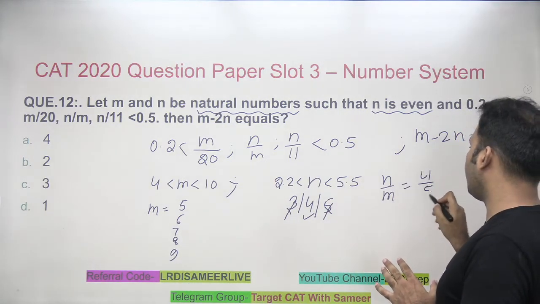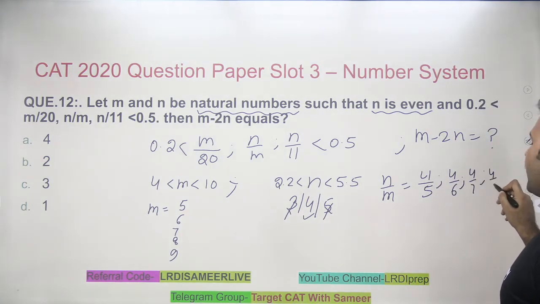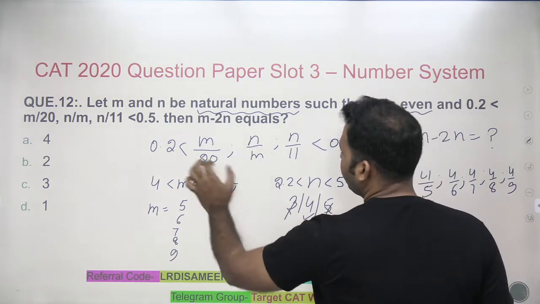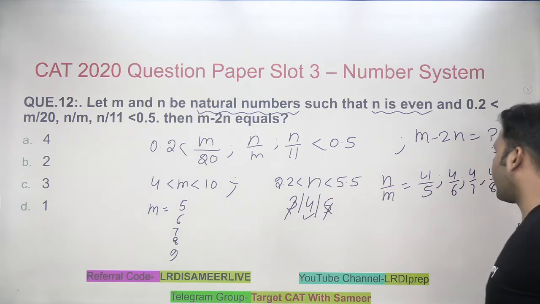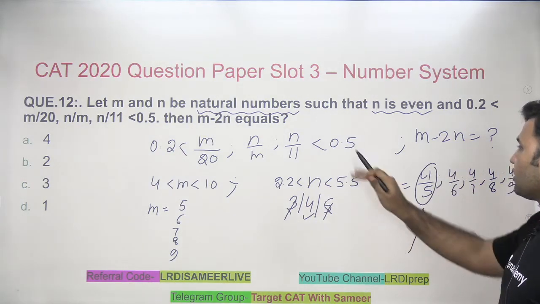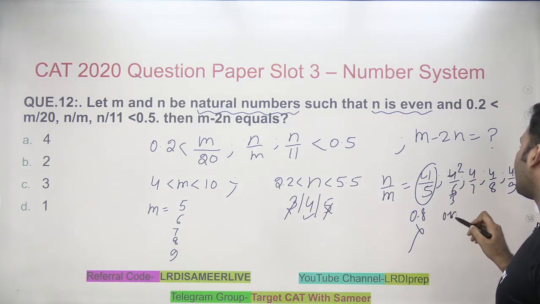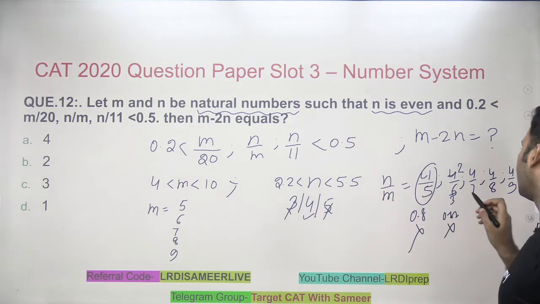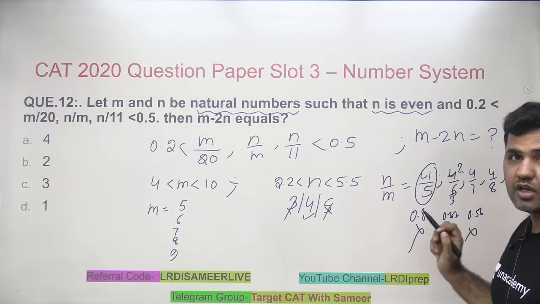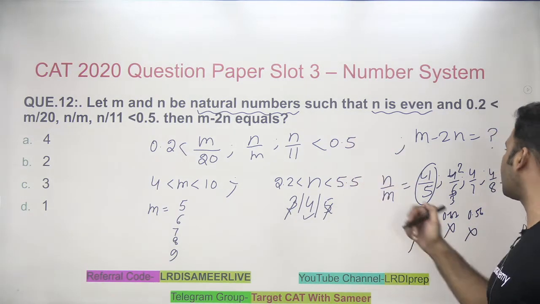Now, when I want to find out the value of N upon M, N is fixed, it is 4. So, it would be 4 by 5, 4 by 6, 4 by 7, 4 by 8 and 4 by 9. But you need to keep the range of N upon M greater than 0.2 and less than 0.5. Now you see that 4 by 5 is 0.8, eliminated because it is outside of this range. 4 by 6 is 2 by 3, that is 0.67, eliminated, outside of this range. 4 by 7 is approximately 0.56, eliminated. 1 by 7 is 14.28%, so 4 by 7 will be approximately 56-57%, outside this range.